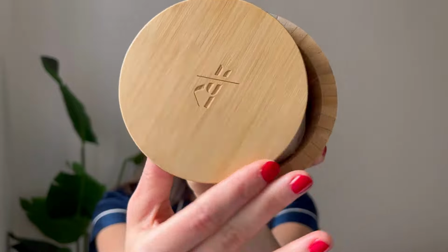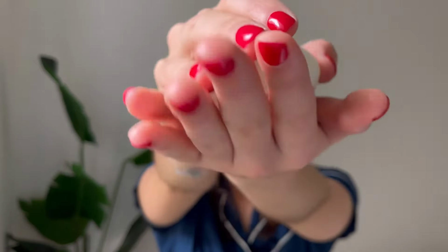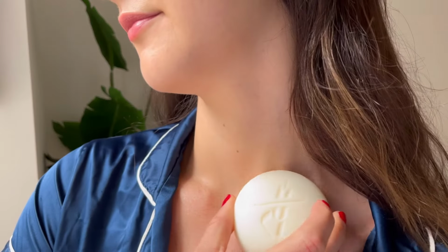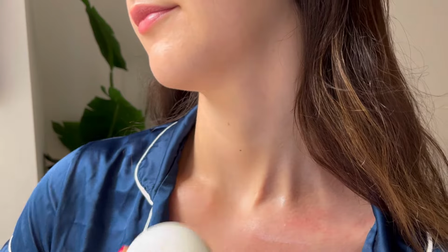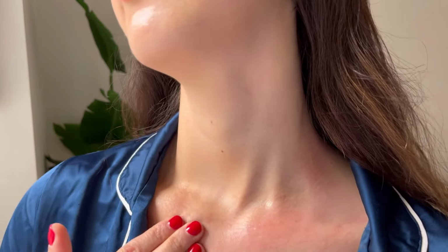Hi, today I'm going to talk about the McLeod Daily Stone. It's a solid body moisturizer that melts on contact with your skin. So you just warm it up in your hands and you glide it on your skin or wherever you need some nourishment, and it turns into an oil. And you just rub it in, massage it into your skin, and it leaves your body glowing, supple, soft, and